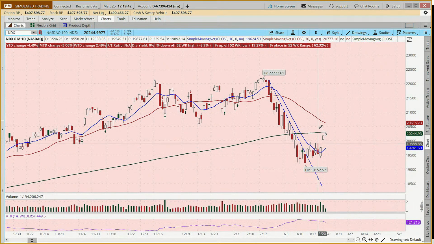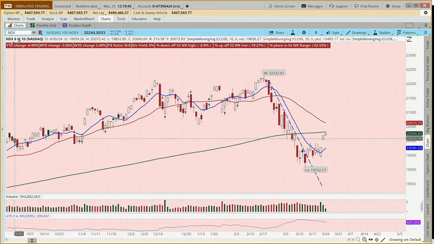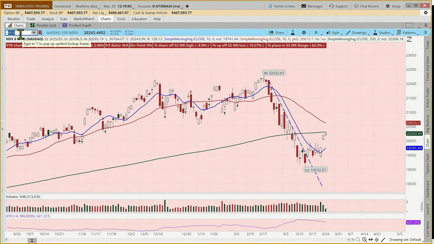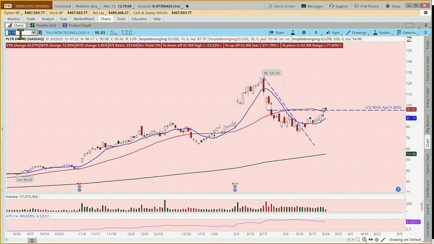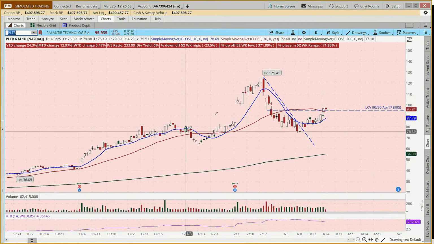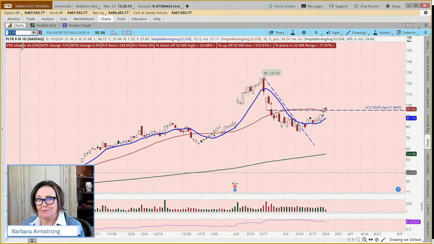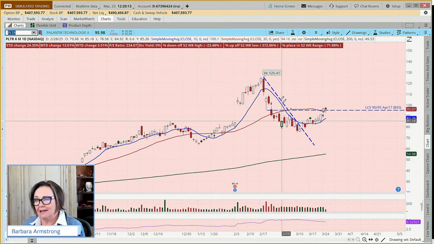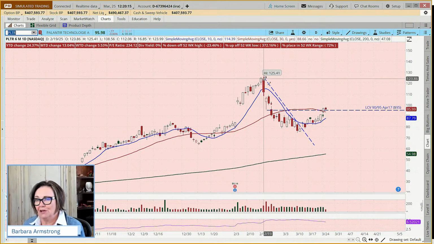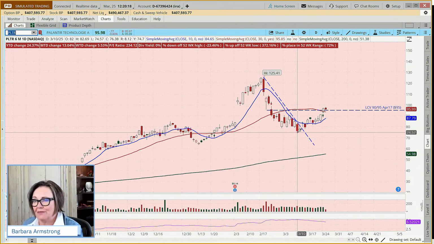Now, might we be seeing some of these types of patterns on the charts? And let's just go and look at a number of charts, and then we can look at how we might choose to place a trade. So on Palantir, this is a stock that has been up dramatically in the last year. Year to date, even, it's up 24%. And then it kind of got sucked into this sinkhole that has been the last month in the markets.